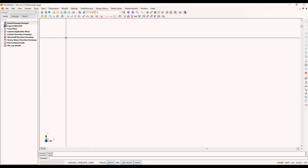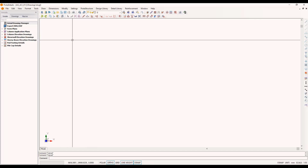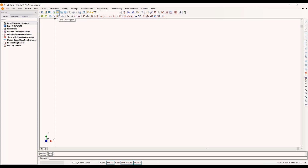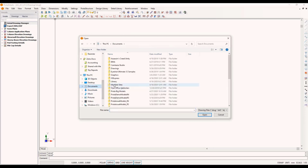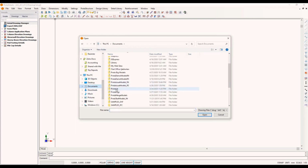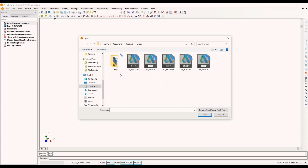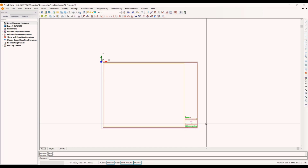I have shown the sheets. I have selected the sheets before, but what if I want to make my own sheet, my own user-defined custom title block? For this, I will open a drawing file first. I will go to the Prota library. You can do this from scratch, but for the sake of speed here, I will prefer to start from an existing sheet that is available in the Prota library. Okay, I open up this sheet over here, and